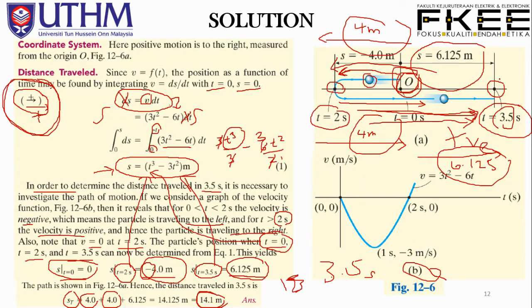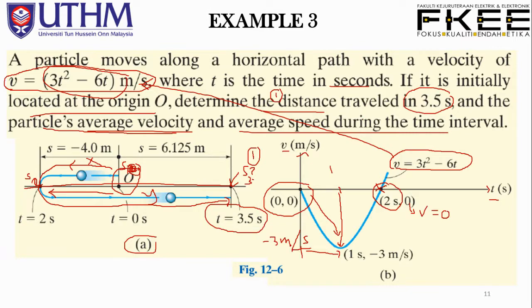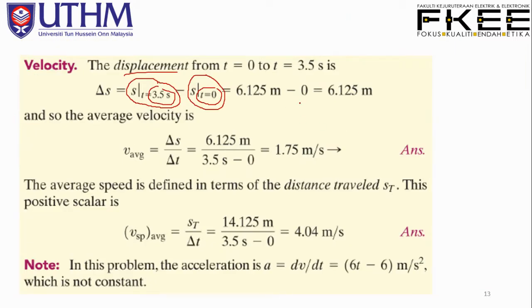You're just comparing these two positions, so this gives you 6.125 meter. So the average velocity is the change of position over the change of time, so we have 3.5 seconds minus 0. So the average velocity is 1.75 meter per